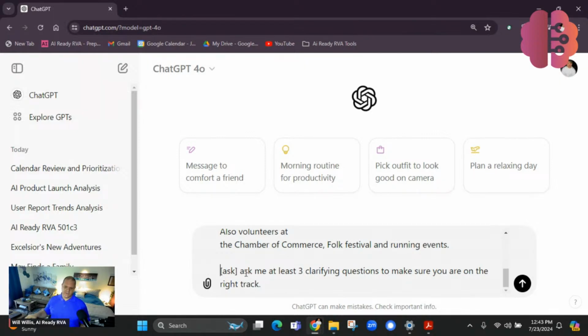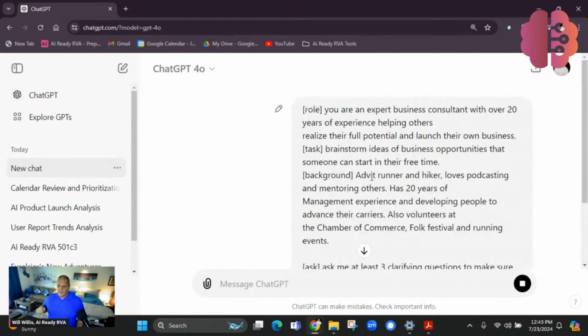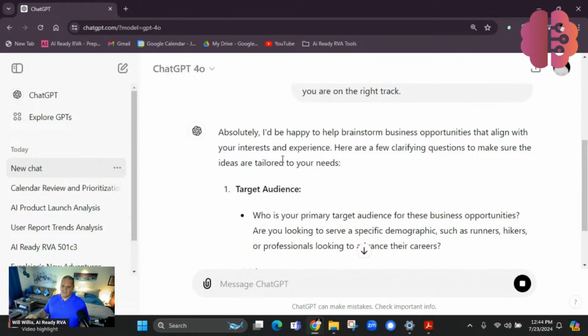So this is forcing ChatGPT, rather than just giving you an answer, to refine its search, and based on what it's seeing, where does it feel its gaps are? So I'm going to ask that. It will come in there. It says